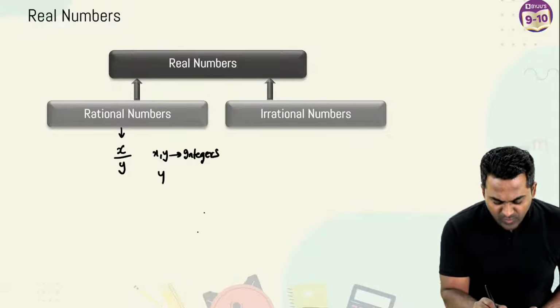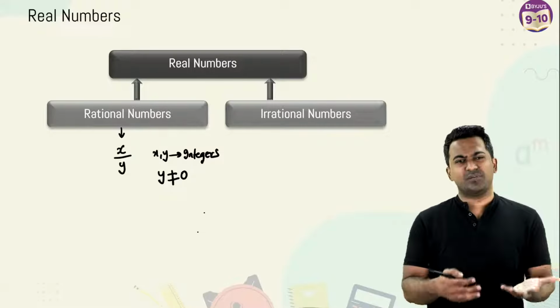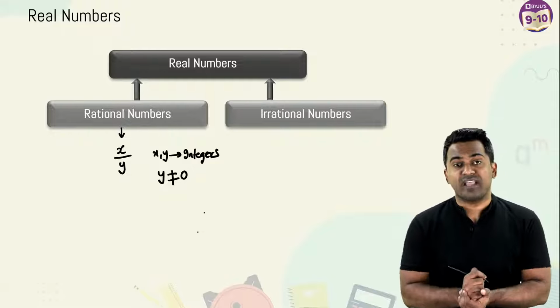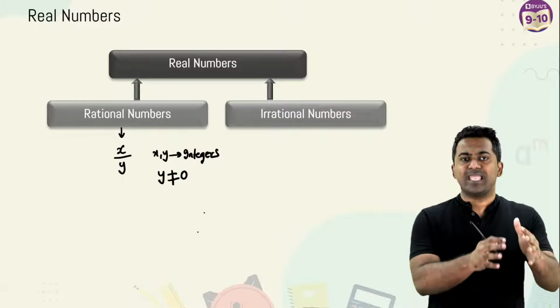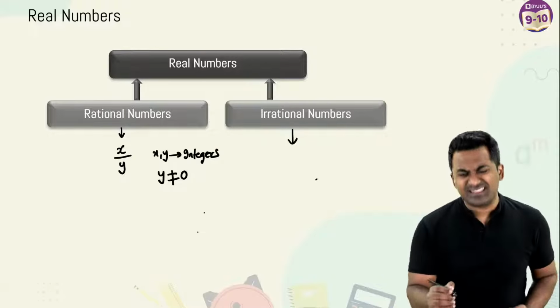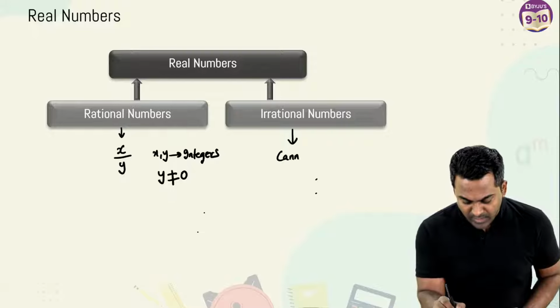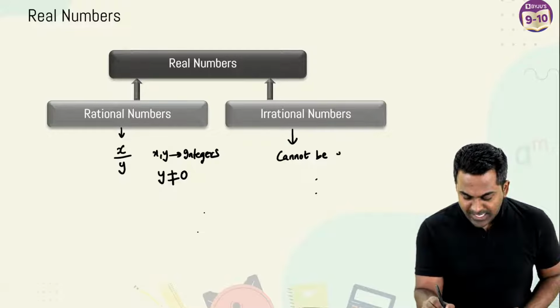All right, and of course the value of y cannot be equal to 0, because division by 0, as you guys know, is not defined in mathematics. So rational numbers can be expressed in the form of a fraction, which brings us to irrational numbers, and these are numbers which cannot be written in the form of a fraction. So let me just write that down here. Cannot be expressed